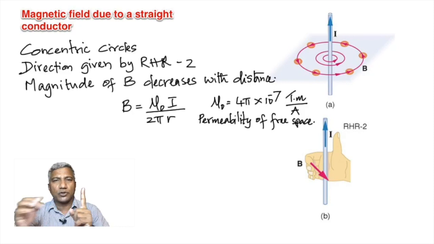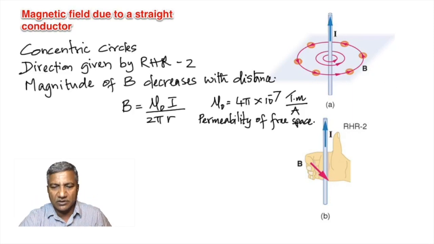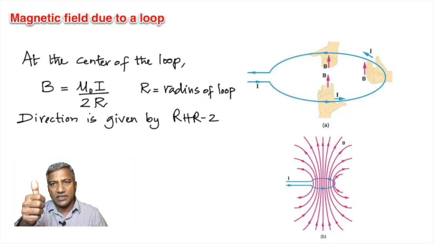So usually it's either free space or air, and then you use this constant called mu naught, which has a value of 4 pi times 10 to the negative 7. Look at the units later, it's tesla meter per ampere, but at least know that the constant has a value of 4 pi times 10 to the negative 7 for free space. So that's the formula for magnetic field due to a straight conductor,